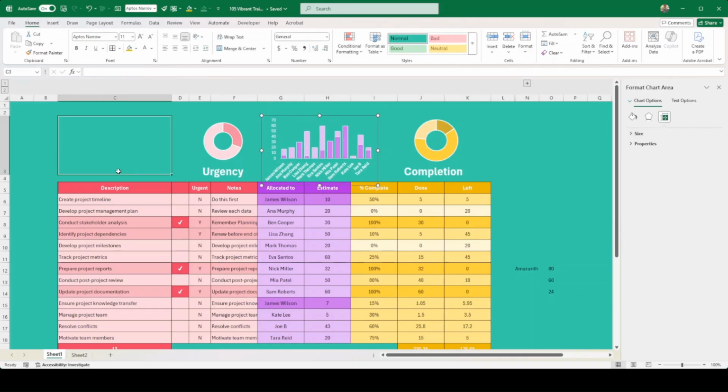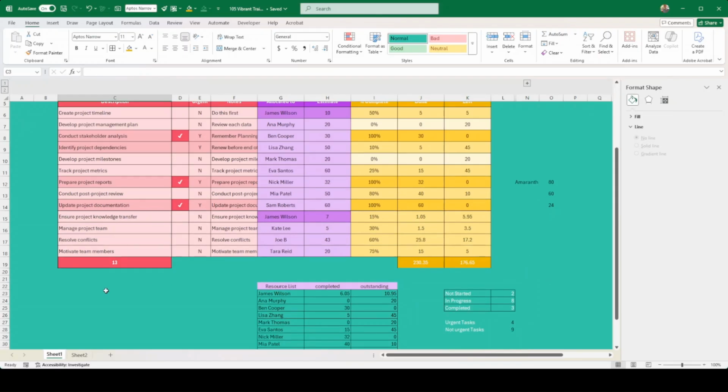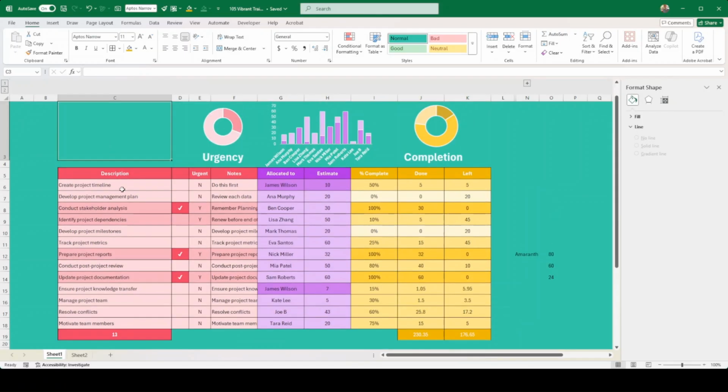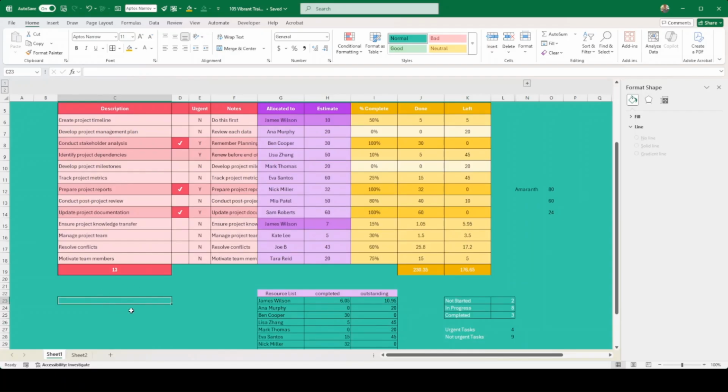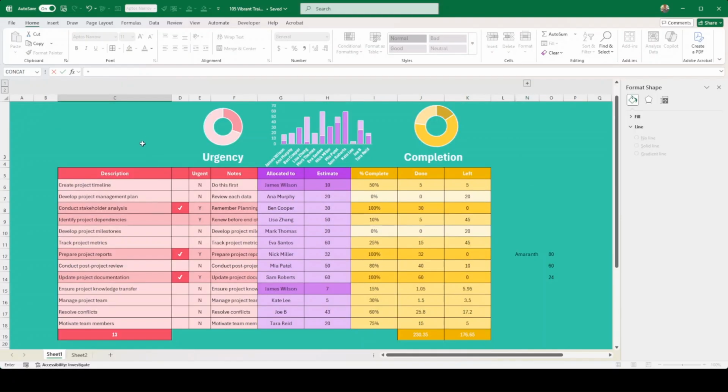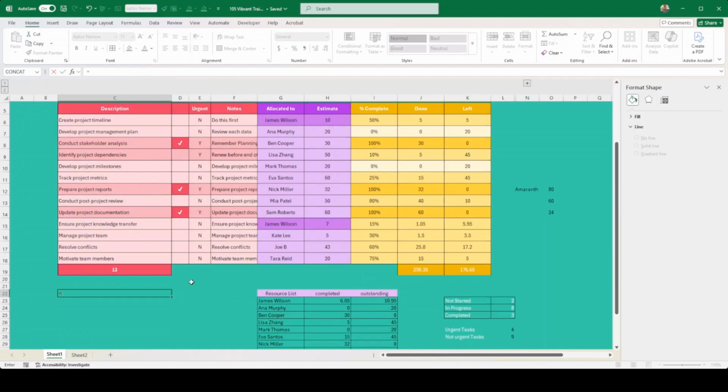Now, I want to put the month, the year and the title here. In order to put the month, I just need to do something a bit complicated, unless you want to use your own font. The font that I've selected is the Amaranth font. But the problem is if I want to have something in high caps here, I'm going to have to do a trick. I want to do today. If I just do today like this,